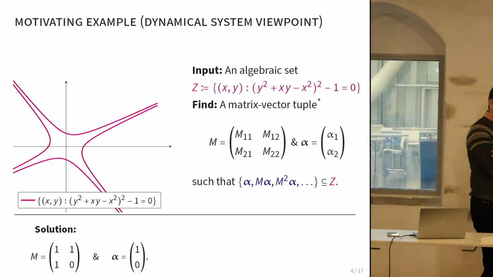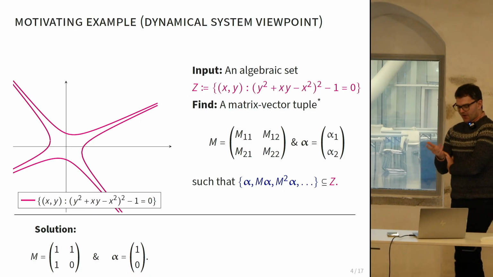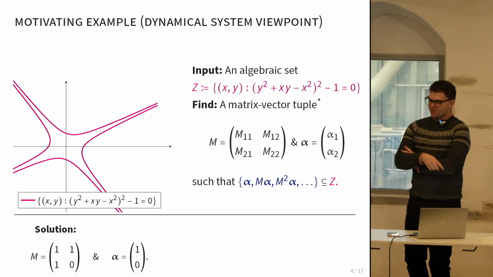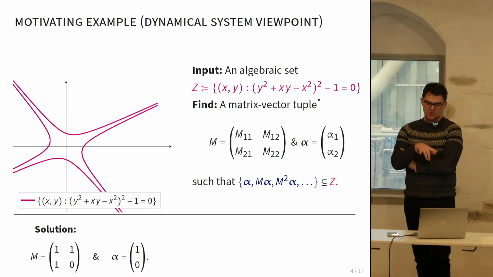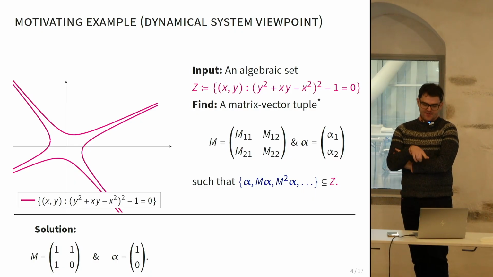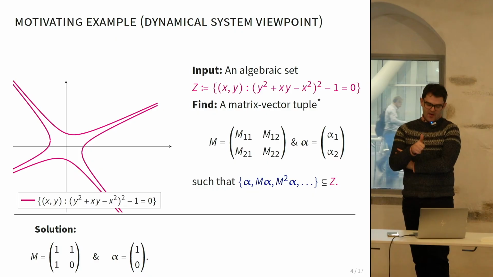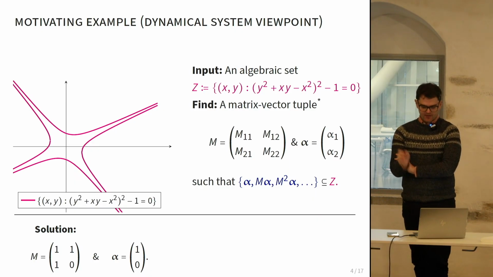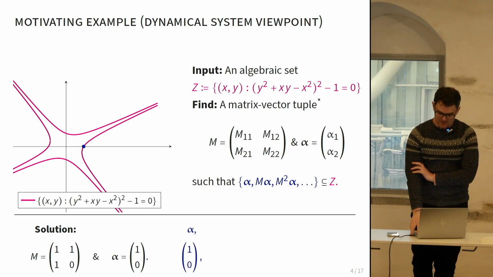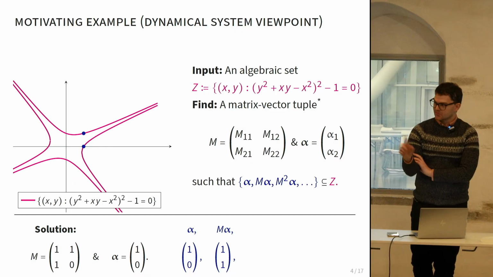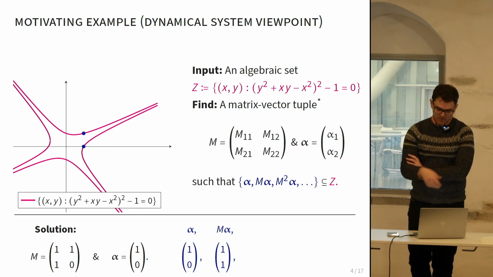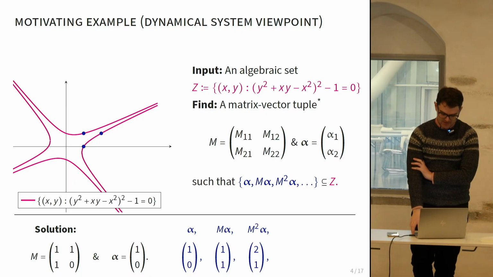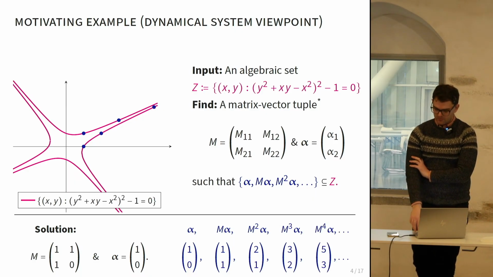So if I take this particular matrix, 1, 1, 1, 1, 1, 0, and I give you the starting point 1, 0, if you feed your alpha into the set Z, I can evaluate it as 0 squared plus 0 plus 1 minus 1, which is equal to 0. Okay, so we've started on the pink line. Great. And then when I do a jump, I might switch to a different fiber or a different line in my polynomial set, but that's okay. I keep flipping back and forth.